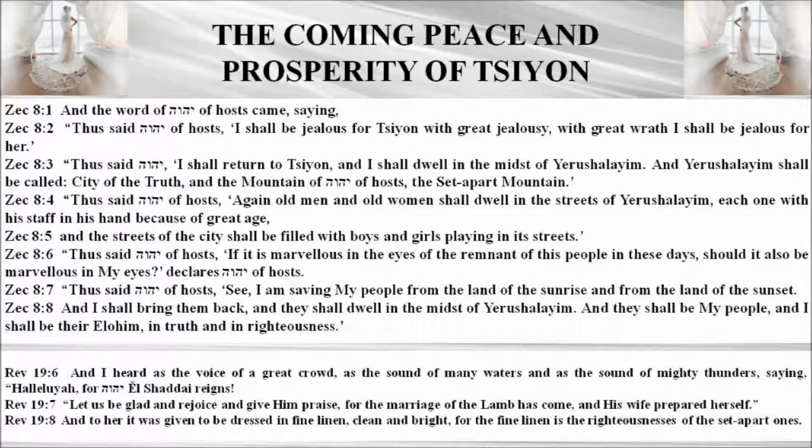Zechariah 8, verses 1 through 8. And the word of Yahweh of hosts came, saying, Thus said Yahweh of hosts, I shall be jealous for Zion with a great jealousy, and with great wrath I shall be jealous for her, going to cover her like a mother bird covers her chicks. Thus said Yahweh, I shall return to Zion, and I shall dwell in the midst of Yerushalayim. That is definitely in the land. And Yerushalayim shall be called City of Truth, because he is the truth, and the mountain of Yahweh of hosts,